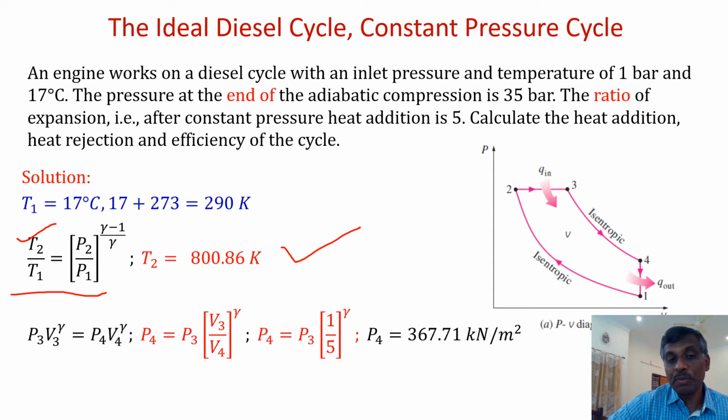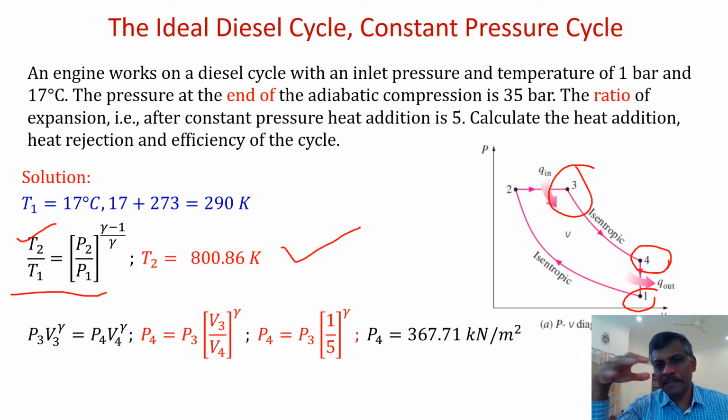P2 is equal to P3, so that P3 is also known. And you know that V4 is equal to V1. So let us try to use this equation. Process 3 to 4 is an adiabatic process, which follows the law